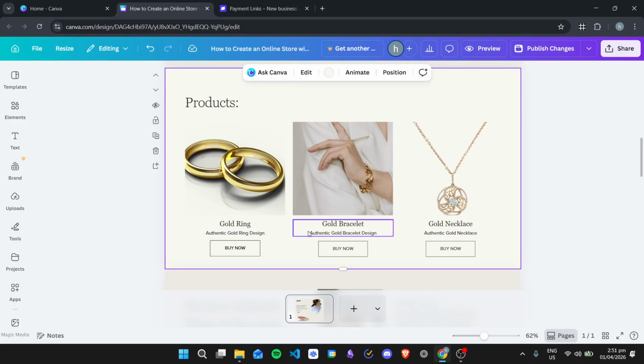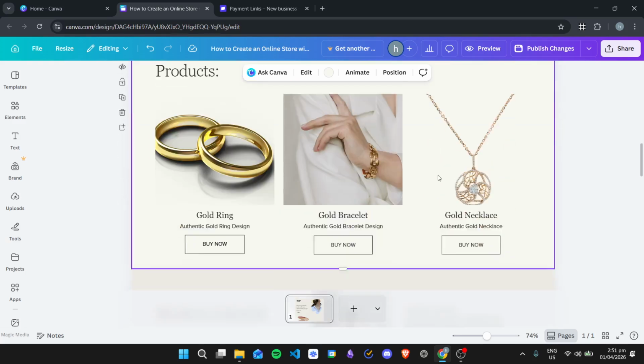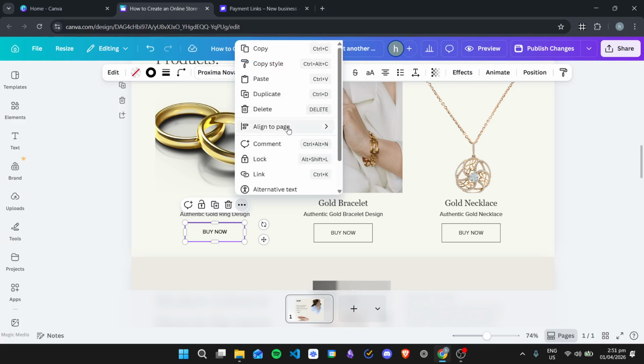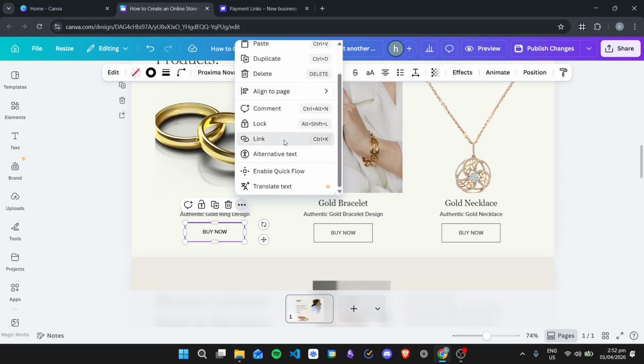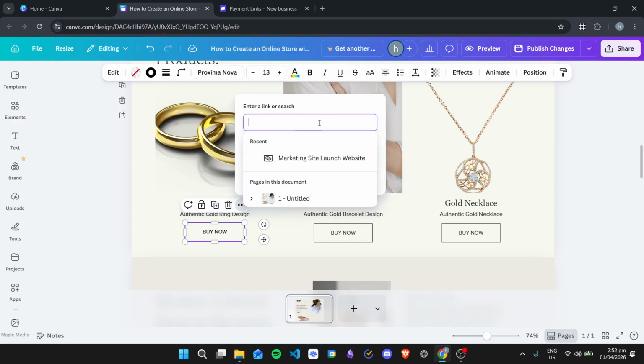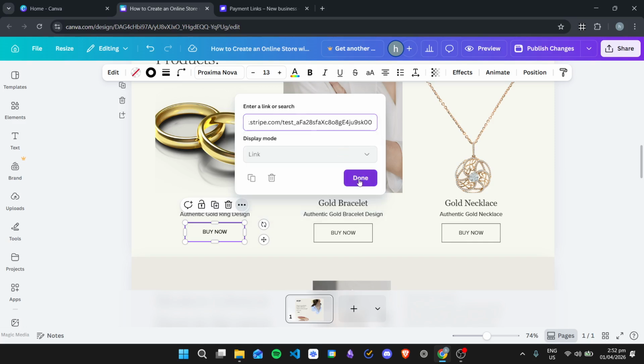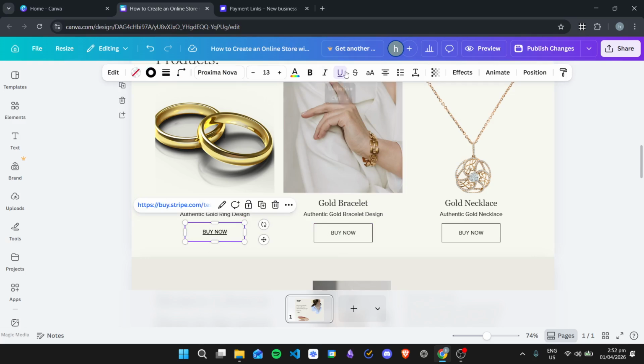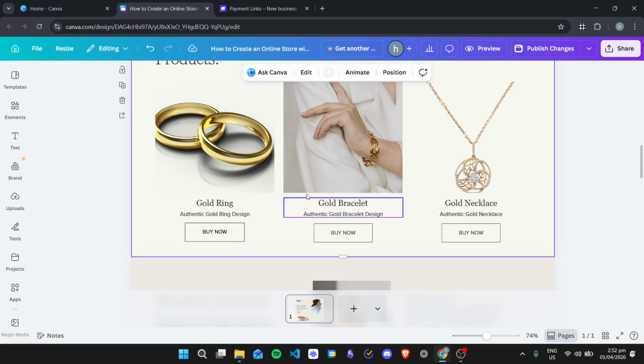Then once we have the button, we just need to add the link inside of the button. So I'll just zoom in, and then you can just click on the element right here in Canva, click on the three dots, and then you should see link right here, which is this one. So from here, you just need to paste the URL of the payment link in Stripe. So like that, click done. Then now we have our link. So if you add a link, it automatically adds an underline right here. So if you don't want that, you can just turn off the underline right here, and it will still be